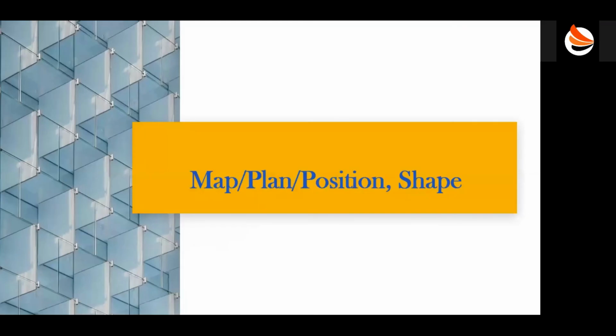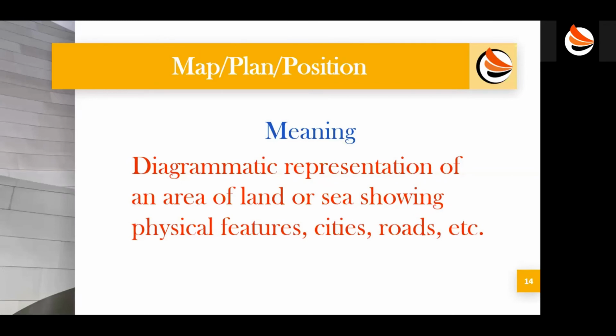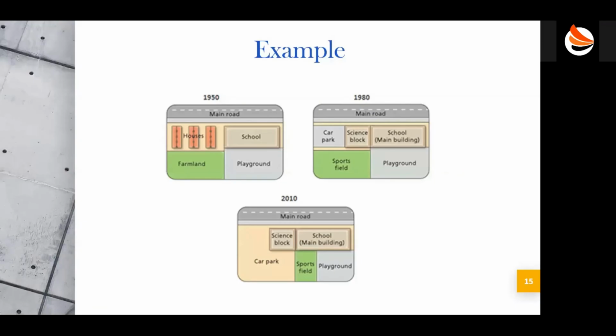Let's move on to look at the last type. We may have plan, position, map, or shape. And let's look at what these also deal with. For maps, plans, positions, you would have to look at a representation of an area of land or sea showing physical features, cities, roads, etc. And you have to look at them to write the essay you're supposed to write. This is an example of a map, plan, or position question giving you